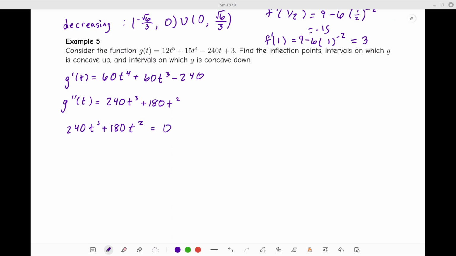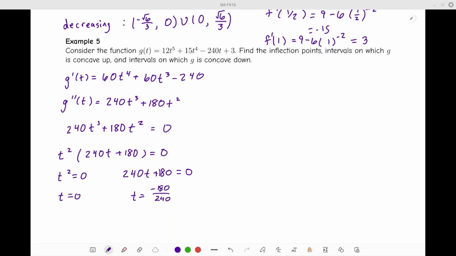is equal to 0. Well, we get t squared can be factored out. And then we get t squared equals 0, which implies t equals 0. Or 240t plus 180 equals 0, which implies t is, well, subtract the 180 from both sides and divide by 240, but that can be reduced to negative 3/4. So those are the only two spots where we can have inflection points, but they aren't guaranteed to be inflection points. So now go to my number line, plot those, so we get negative 3/4,